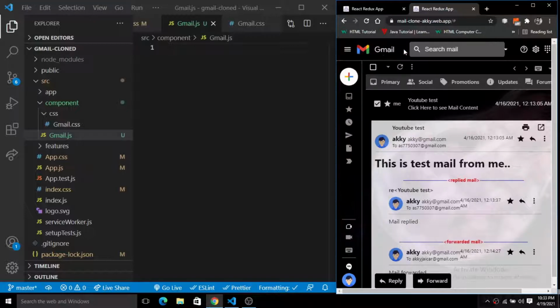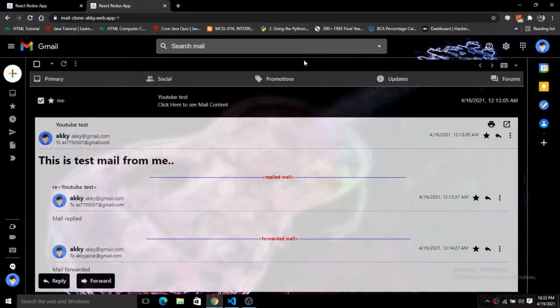Inside of this Gmail, if I make the screen bigger, you can see the header section, the sidebar section, the body section, and the widget section. Everything, as you can see, is based on components, and we want to make each component as simple and as reusable as possible, so we write very little code, because React is made to keep everything simple and it enhances reusability.